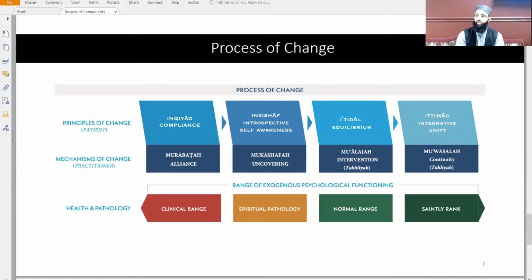There are other usages of these words, just so you're aware, like for example, rabita, right, is a term that is used. I know that the Turks use this term for a particular idea, and some tariqas use this term for a particular idea, so that it's not confused with that. I believe in the Indian subcontinent they often call this tasawwur al-sheikh, right? So meaning that it's sort of an idea of imagining the sheikh or the practitioner,